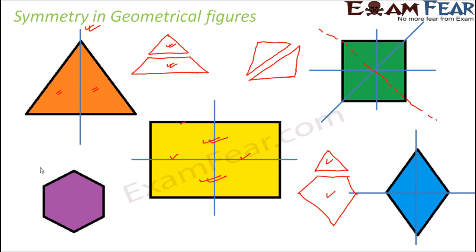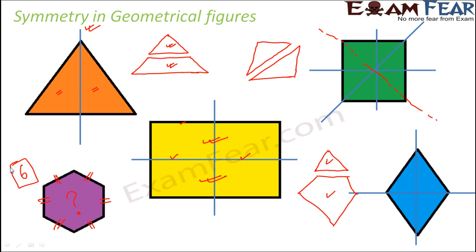In a similar way, I leave it for you to find out the lines of symmetry for this hexagon. Now let's assume that all the sides of the hexagon are equal. So the measurements of all the sides are equal. How many lines of symmetry will you have for this hexagon? Take out a pen and paper, and try to draw this and see for yourself how many lines of symmetry you find for this hexagon. Now let me tell you that your answer should be 6.